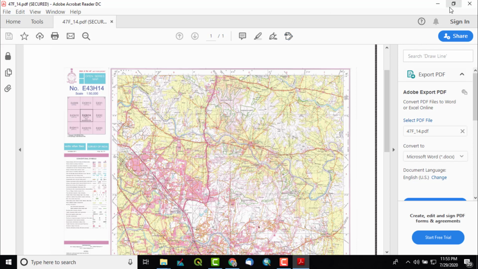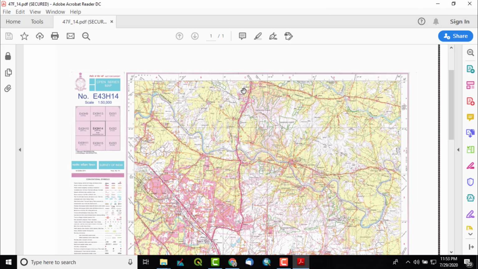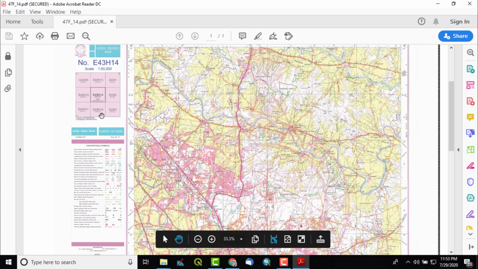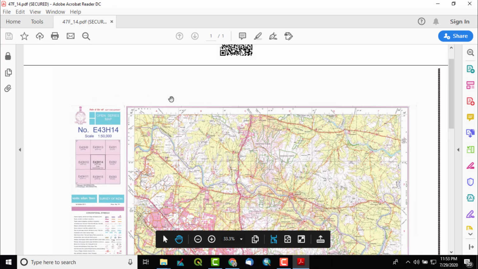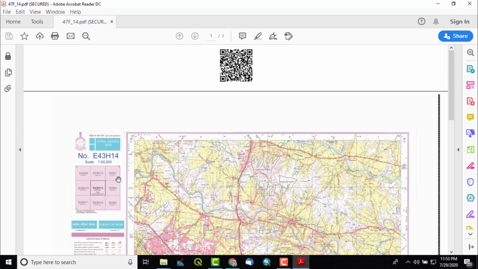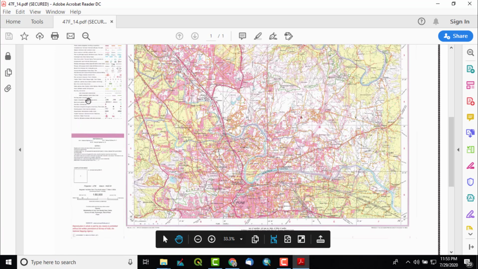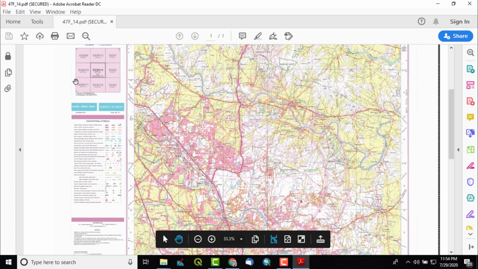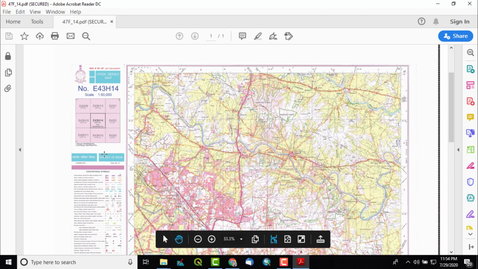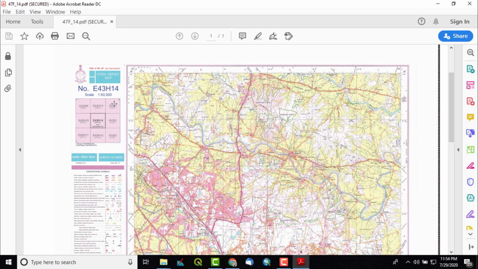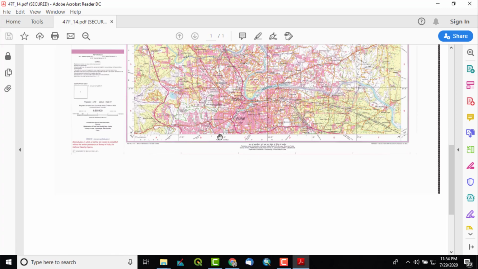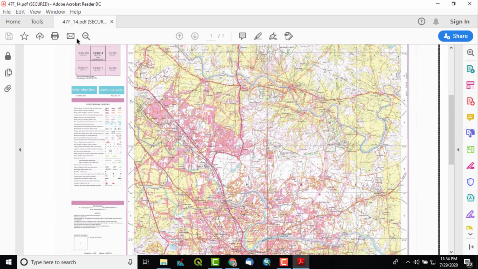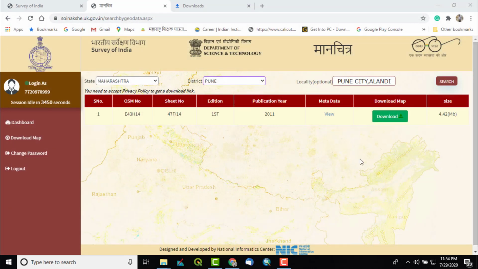So this particular topo sheet I have downloaded from the Lakshya portal very easily, and here it is the new one. That's why the look is very different from previous topo sheets. There it is, the index of symbols, signs and symbols. There it is, the index of the surrounding topo sheets, and this is given the OSM number, Open Series Map it is called. So this is the topo sheet, but since it is in PDF form,